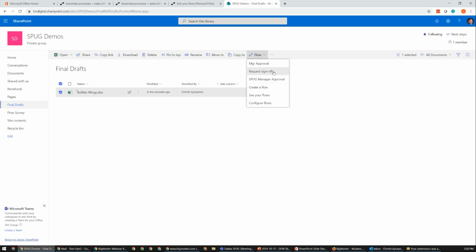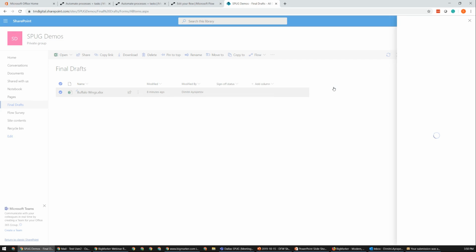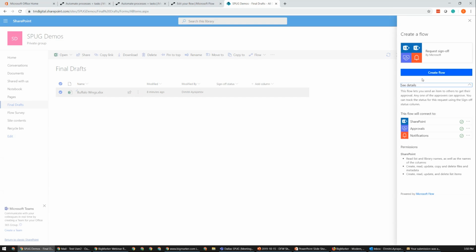The only challenge with this out-of-the-box request sign-off is that it asks you who it needs to be sent to for sign-off. And although it's useful in some scenarios, in many cases, you want this to be predefined based on who they are and whether that goes to a manager or department head and so forth. So it's usually better to control that from a full flow perspective than it is just to ask users to click on it themselves.